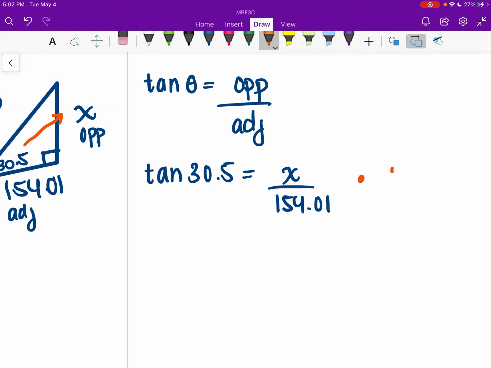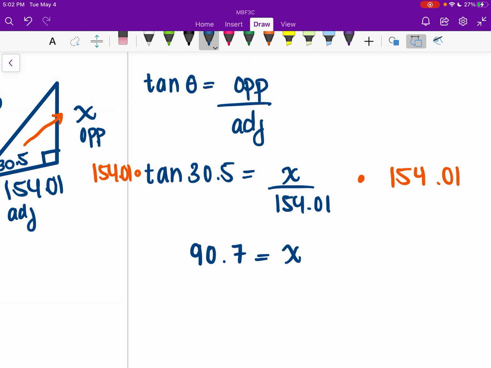I'm going to multiply it on both sides. So I'm left with tan 30.5 times 154.01, which is going to give us roughly 90.7. So that's going to be my x value,